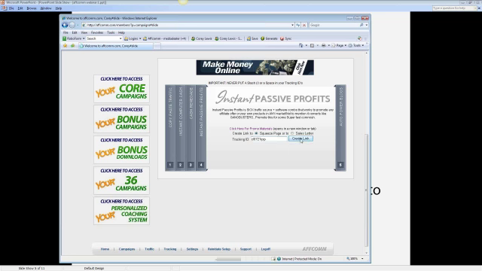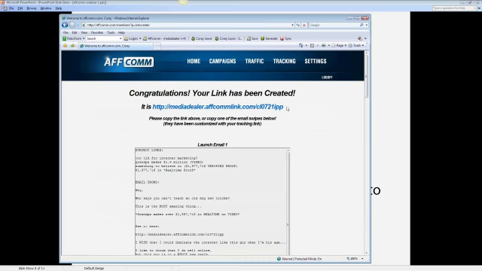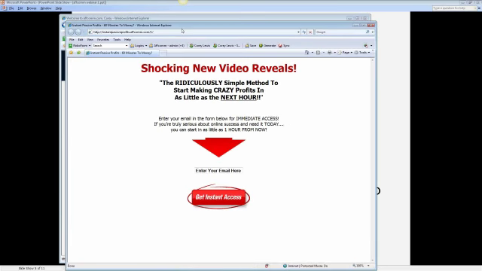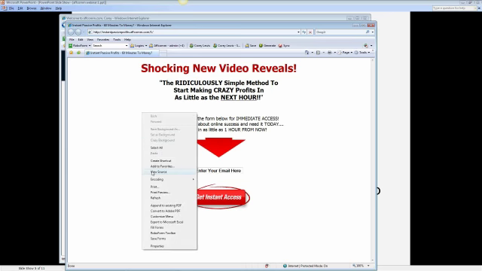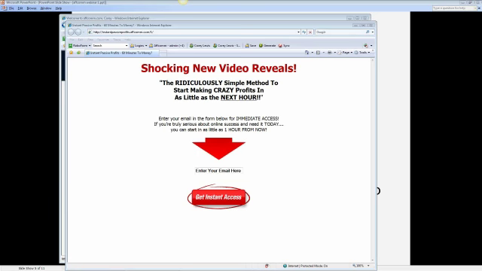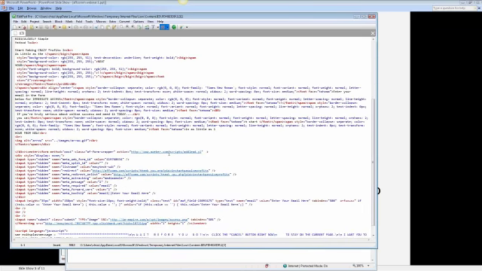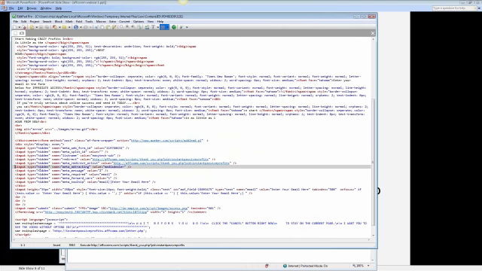So now if we hit create link, then you'll see it creates the tracking link for us. And then you can actually just click on it if you want, and it'll open up in a new window to the squeeze page, okay? And now I want to just quickly show you what's really cool about this, and one of the details of how this whole system works is it actually takes your username and it drops it into the ad tracking value